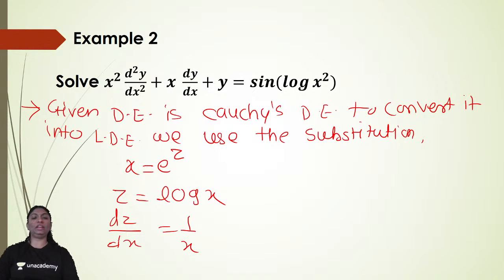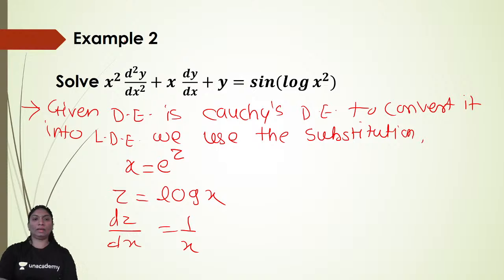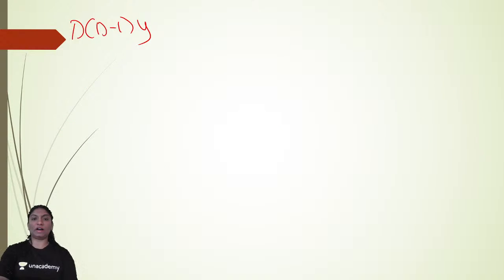Every time we have to write this. And instead of x square d2y by dx square, we use D into D minus 1 of y. So D into D minus 1 of y plus Dy